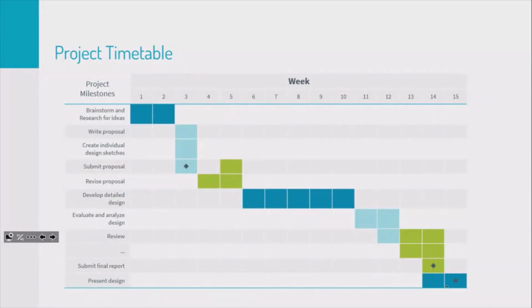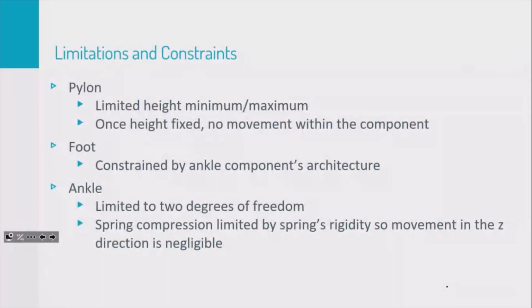This was our timetable. We completed it on time. And for the limits and constraints, for the pylon, there's limited height for the minimum and maximum,